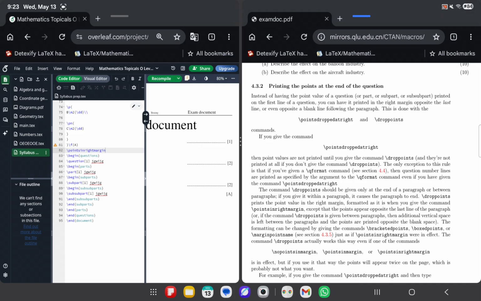The only exception to this rule is that if we are given a Q format command, the question number lines are printed as specified by the argument in the Q format command, even if you have given the command. End of a paragraph or between paragraphs is given within the paragraph, it will cause paragraphing to end. Drop points prints